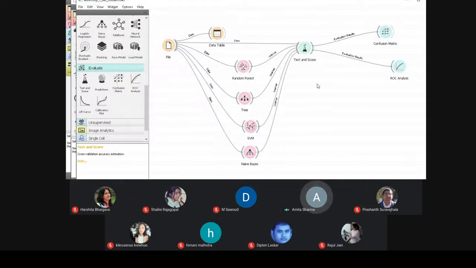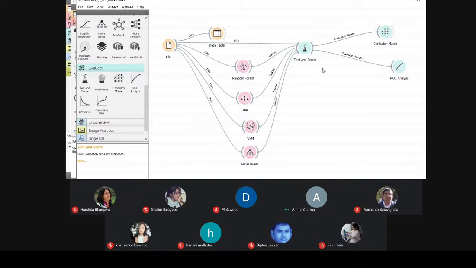Now I'll tell you, in this case study, when Harshita was doing it using Python, it was taking a number of hours, but in Orange we get the result in hardly 20 minutes. So at least we were able to understand what result we are generating from our case study. Later we compared the result we derived from Python as well as from this tool.